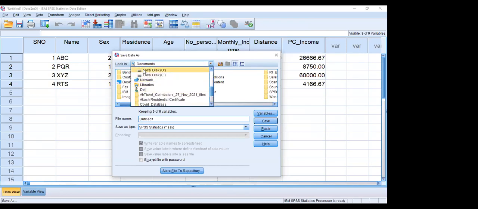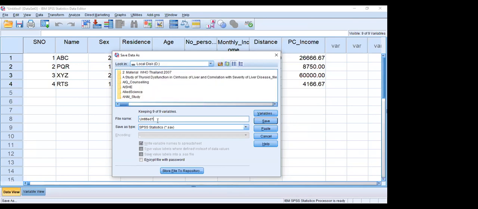So you go to the D drive and assign a file name. By default, it is showing Untitled. So you give it a name, for example, student data: student underscore data. Okay.